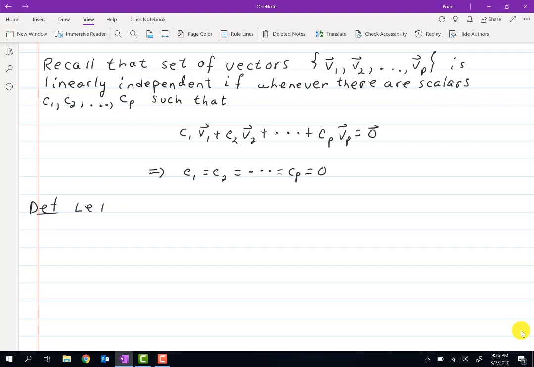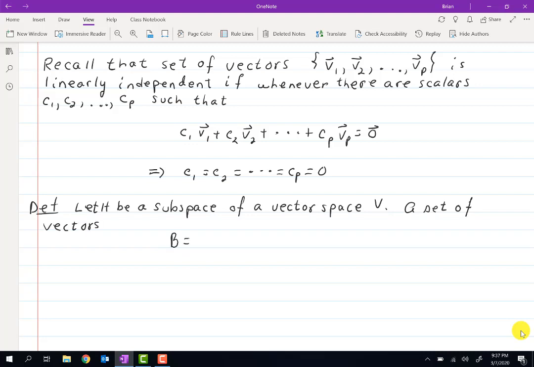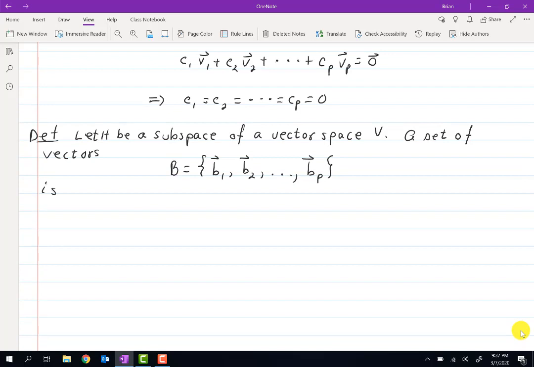Let H be a subspace of a vector space V. A set of vectors, we'll call them B, B1, these are vectors, B2, up to BP, is a basis